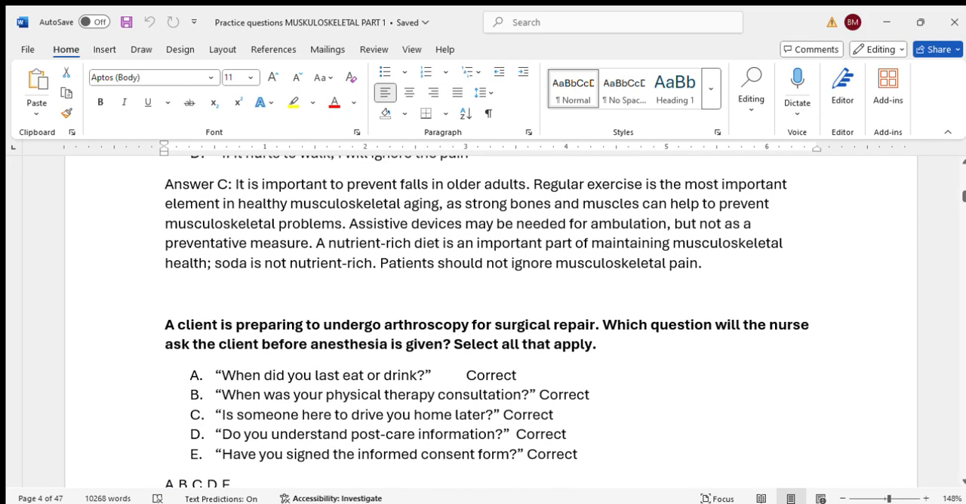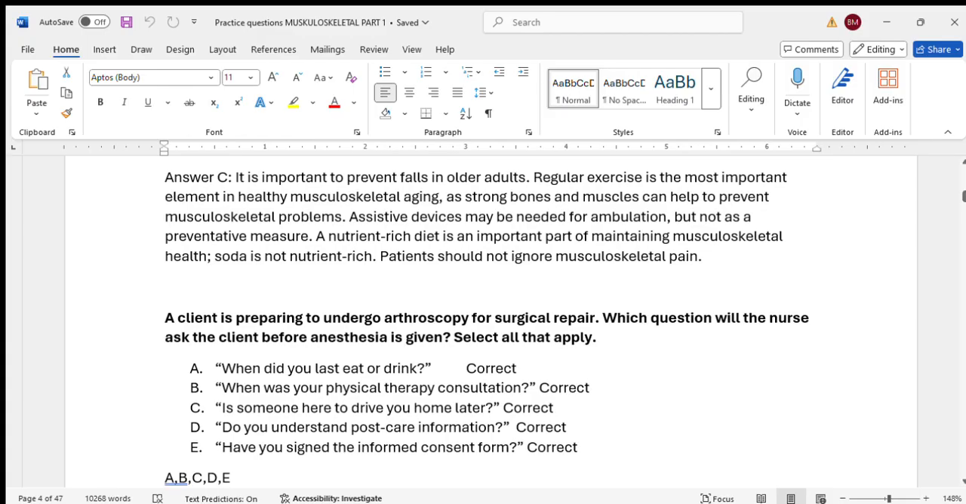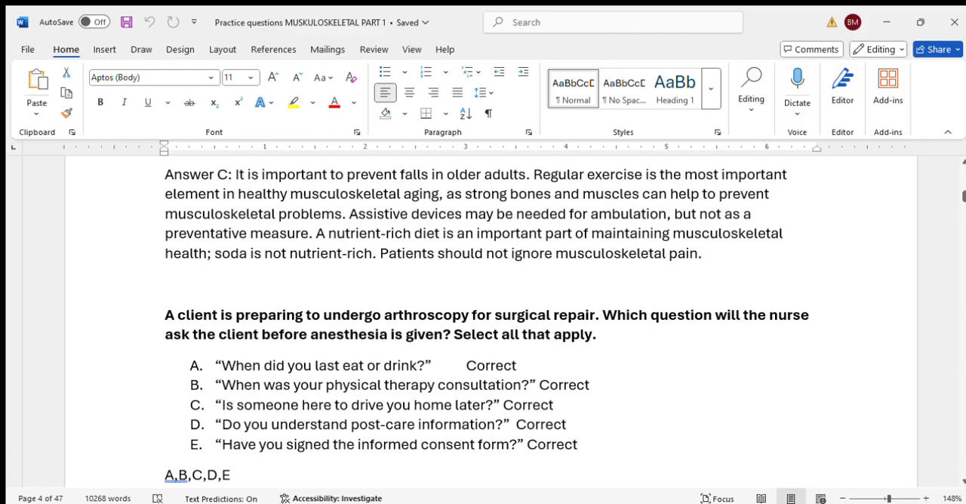So let's read the question. Which question will the nurse ask the client before anesthesia is given? Select all that apply. A client is preparing to go for arthroscopy for surgical repair. We know what arthroscopy is, right? They are going to insert a camera into the joint. So which question is the nurse going to ask the client before anesthesia? When did you last eat or drink? Yes,